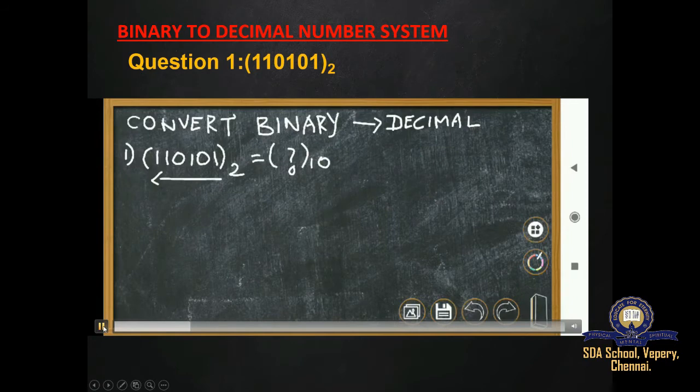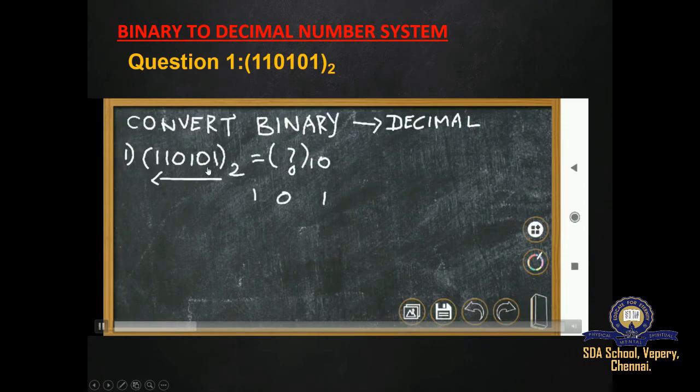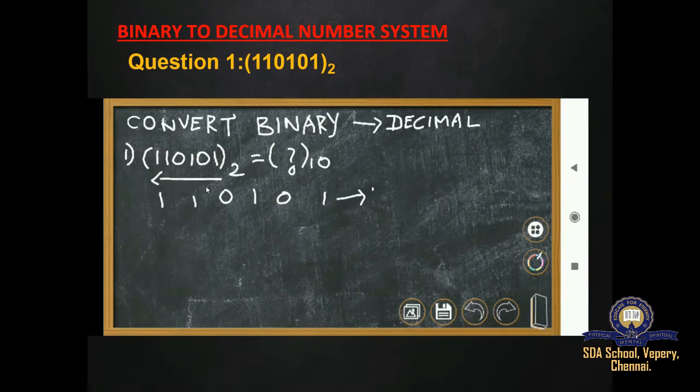Arranged from right hand side to left hand side: 1 0 1 0 1 1. This is our binary number. Now the second step is we have to add the powers of 2, that is 2 power 0, 2